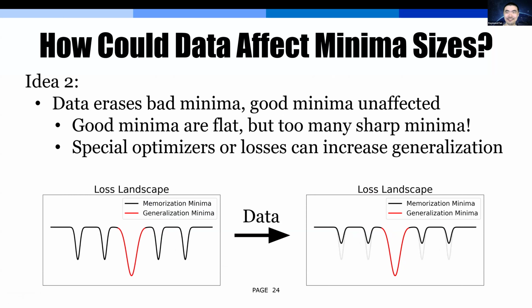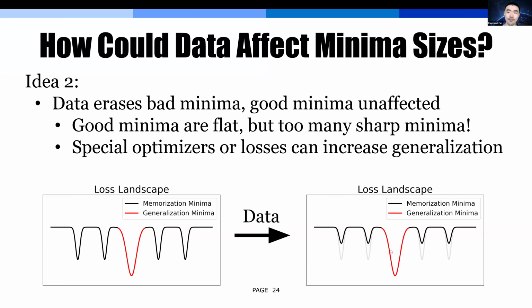The other idea, which is more promising, and I would like to be true, but we'll see, is that data helps erase the bad minima, but leaves our good minima unaffected. So if we have a bunch of minima for our loss landscape like this, with a certain amount of data, and as we add more data, these bad minima, which don't generalize, just tend to get penalized, while the original good minima was originally flat. It stays flat, it hasn't changed that much. It just so happens that all the bad minima have shrunk.